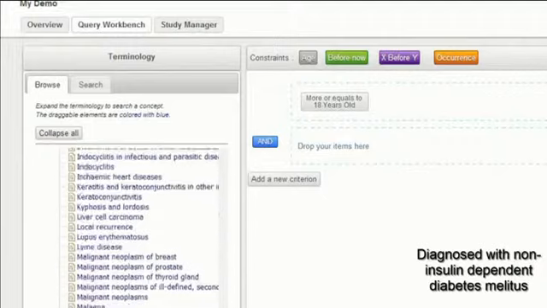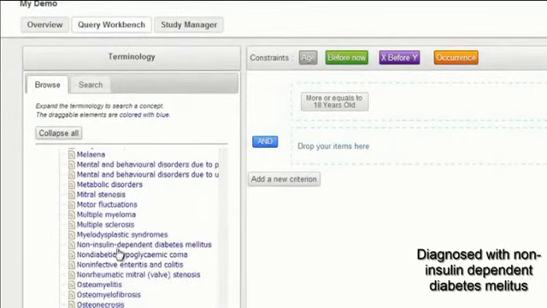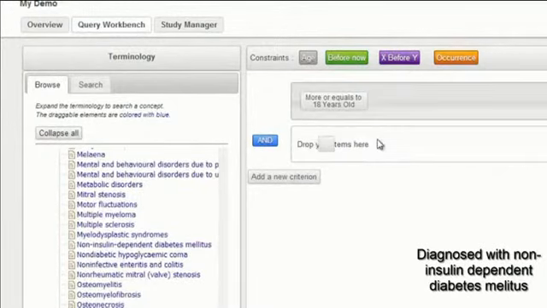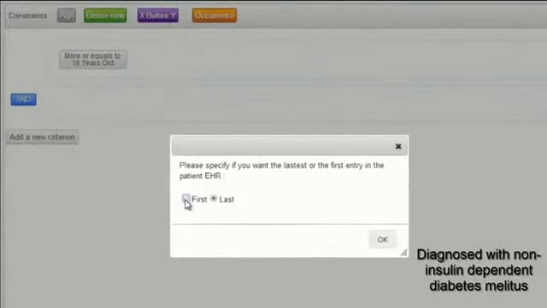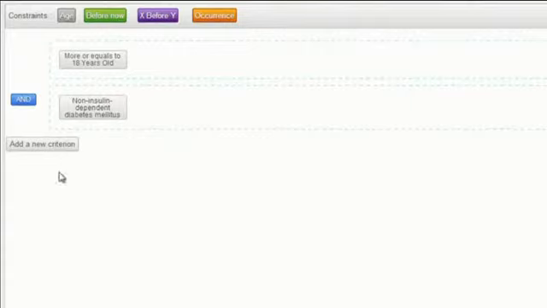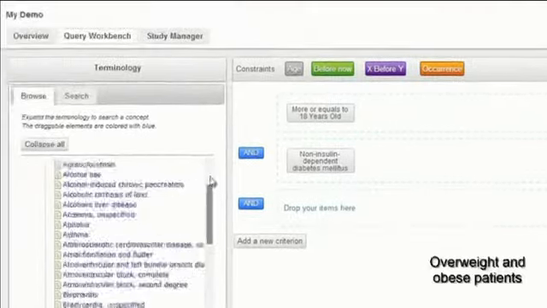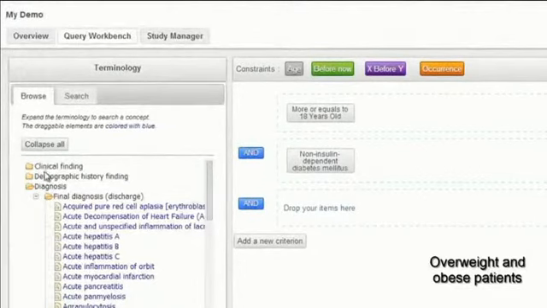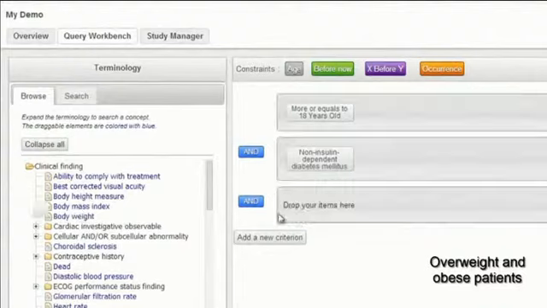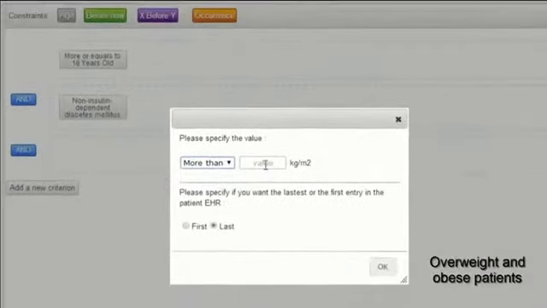On the left side, you'll see a tree of terms that is being served by a central terminology service on the platform, and I'm able to browse through that reference terminology. In this case, for diagnosis, I have to go to the diagnosis subtree and select the concept I'm interested in. Another inclusion criterion I'll be having right now is I'm looking for overweight and obese patients,